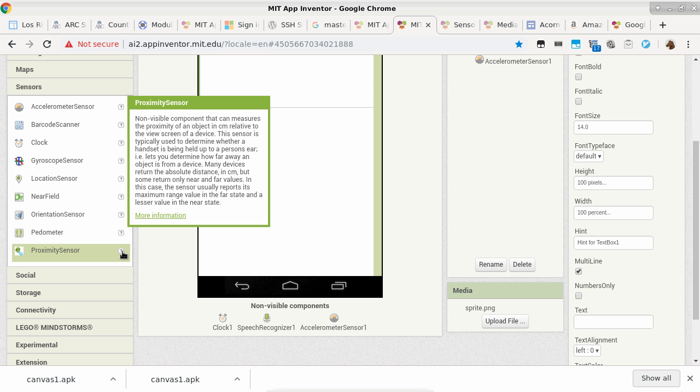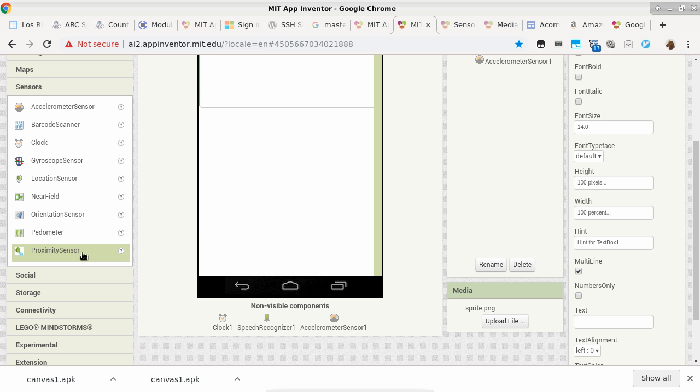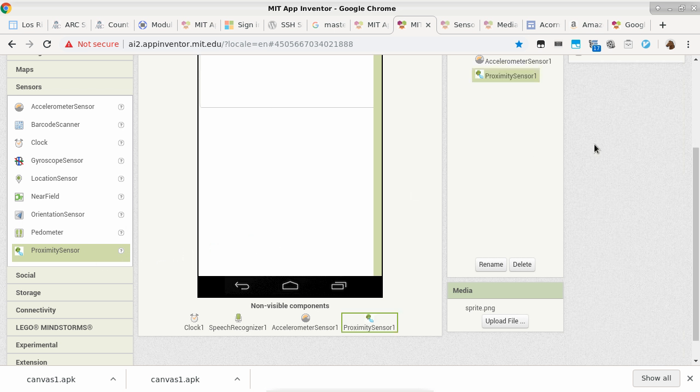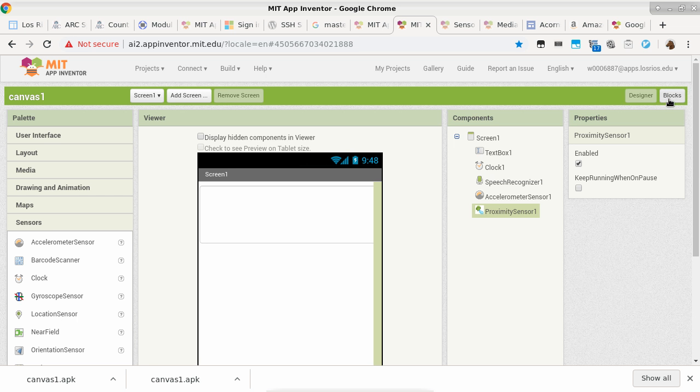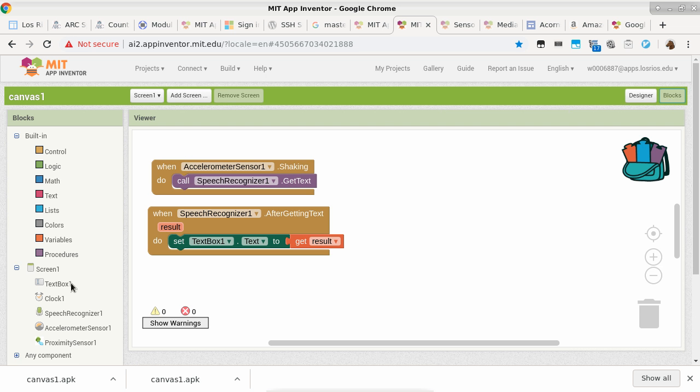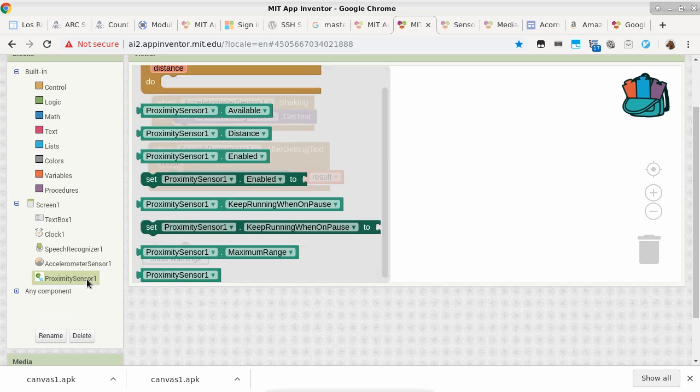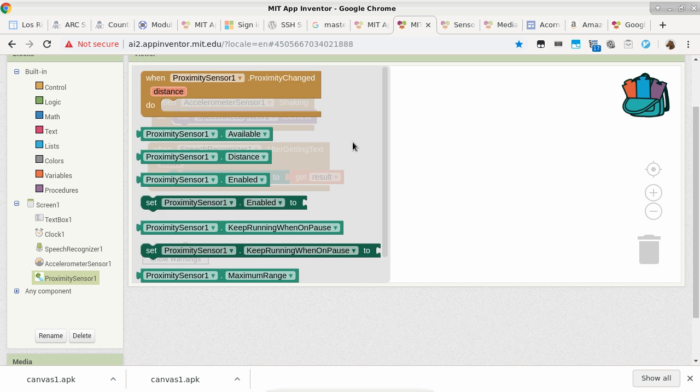Okay, seems kind of cool. I mean, just to know what the device can do can be quite entertaining. So we'll put one of these into our app here, and then we go to blocks and see what it can do. So we go to proximity sensor, and it has got one event handler, which is proximity changed. It will report back the distance. Okay, that sounds kind of interesting. So we'll drag one of these out,